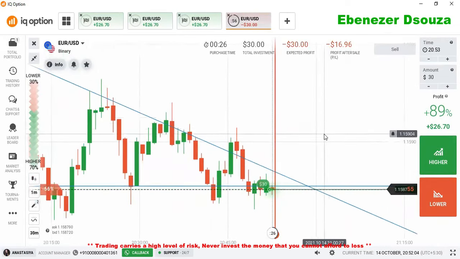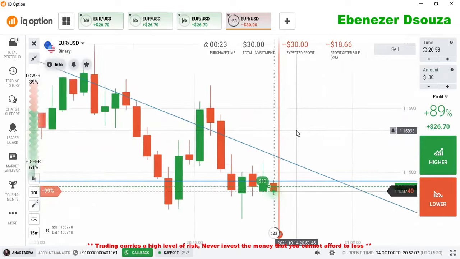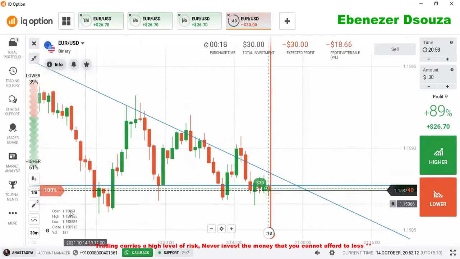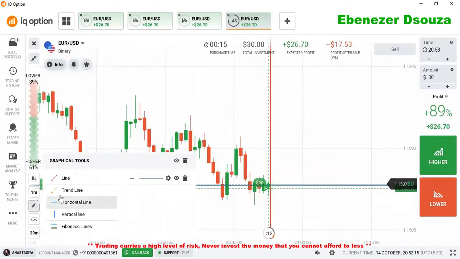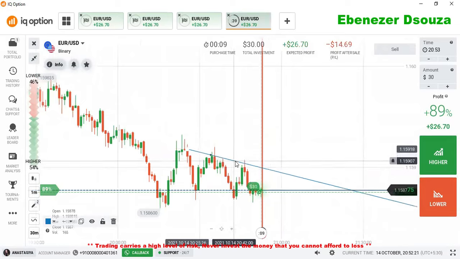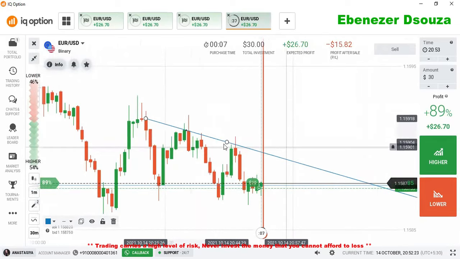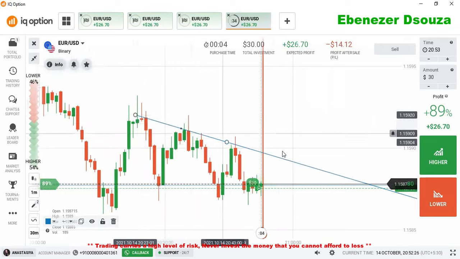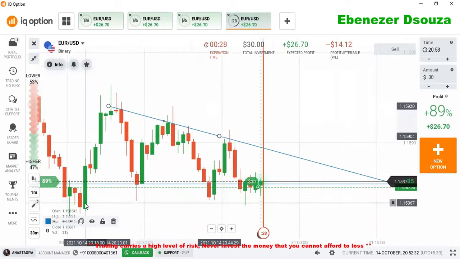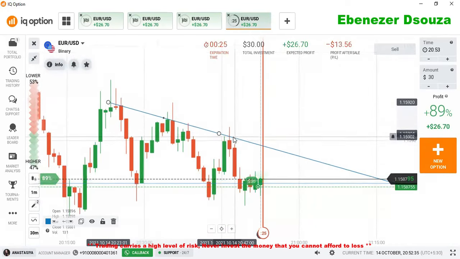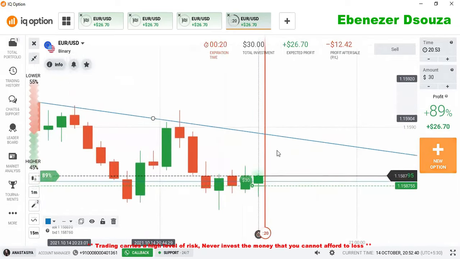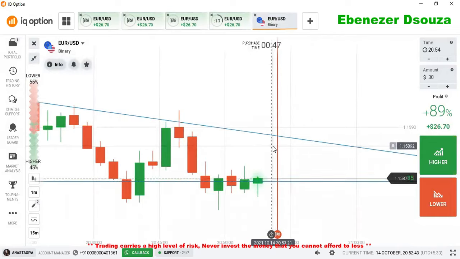So I placed here a higher option trade because I saw a bullish candlestick with new high, and the next seller's entry is here, meaning until the market reaches this point we can go with buyers. And I will try to draw this level clearly. So this is the level, so I will try to go with buyers until the market reaches this point, because every time we are seeing momentum from this point and here as well, except 1 or 2 retracement candlesticks.